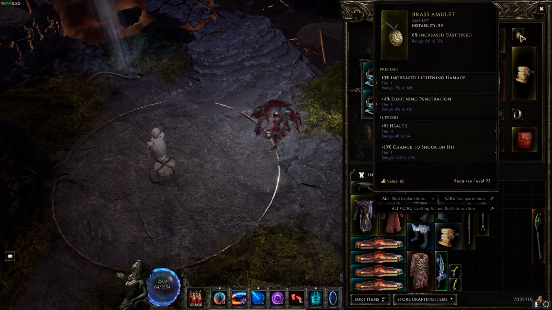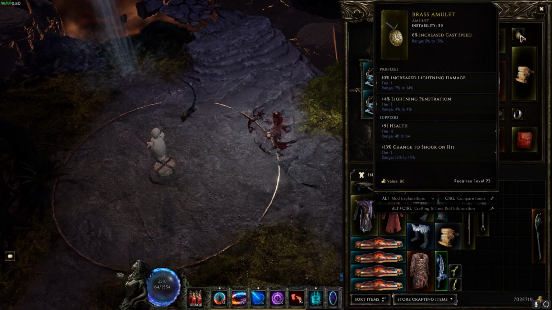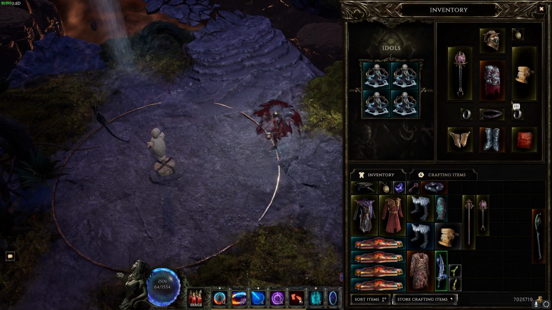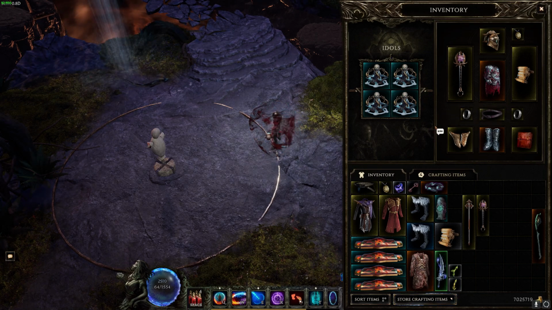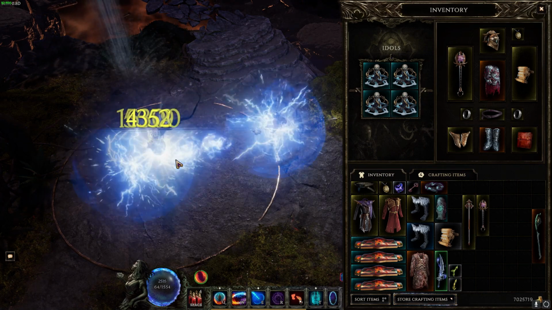Some of these are as low as just tier 4 or 5 items. You can definitely do better. You can gamble. A lot of these aren't even fractured. There are definitely some things that you can do to improve the build, but just to show you how viable it is right off the get-go, you have these items and you can just use Static Orb and just do